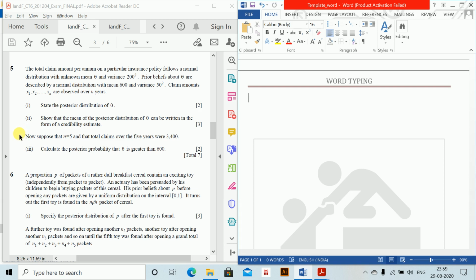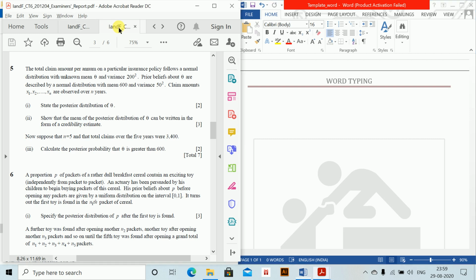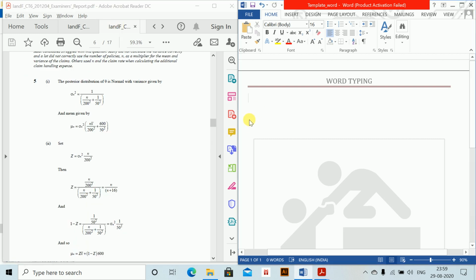Show that the mean of the posterior distribution of theta can be written in the form of a credibility estimate. And now suppose that n equals 5, total claim over 5 years is 3400. Calculate the posterior probability that theta is greater than 600. So,